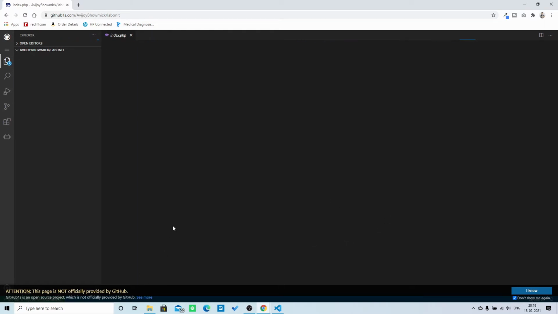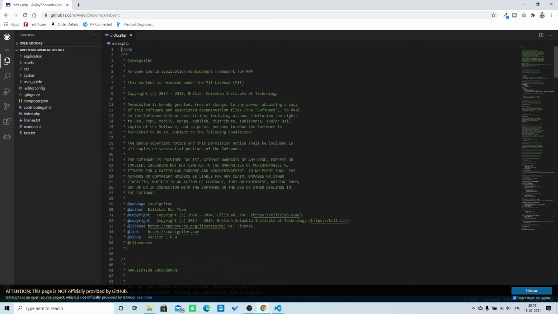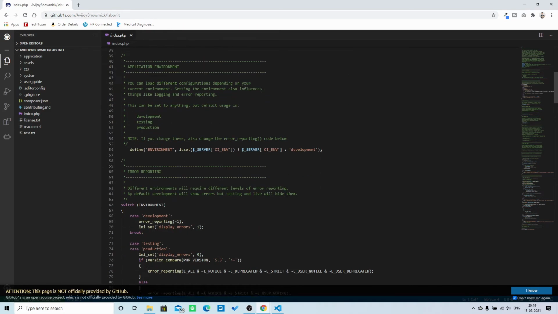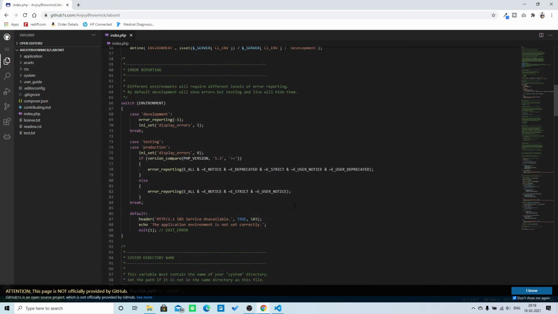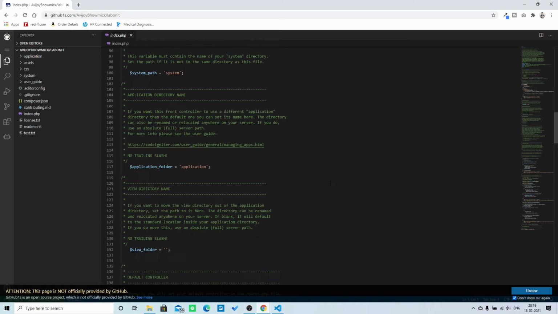One note here, attention, is that this is not officially by GitHub. Surely, to date, it is not officially by GitHub, but GitHub can surely buy it soon. But yeah, it is a very nice feature, or you can call it a trick, or a browser extension, or whatever you call it, a web app. So